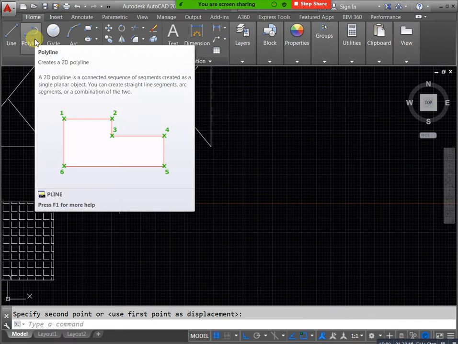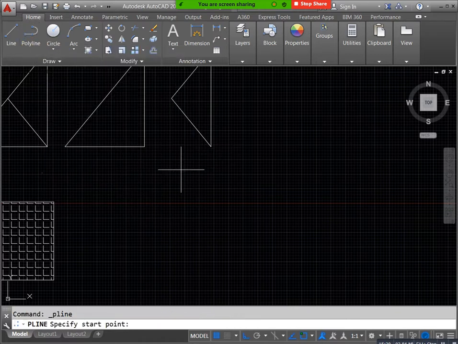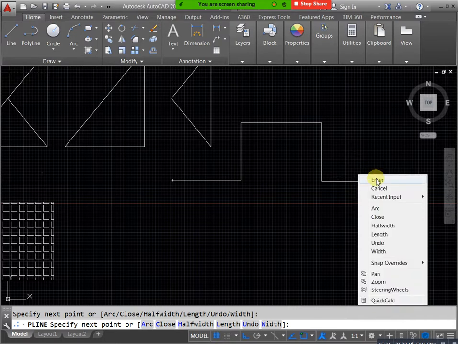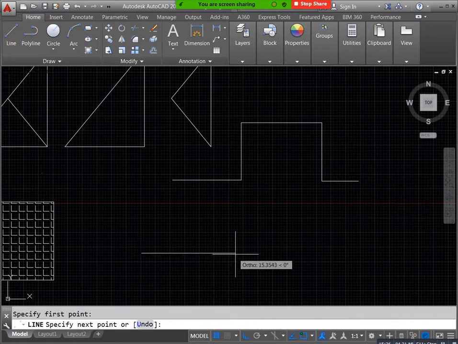But when you select your polyline, it automatically selects all connections, everything. Just draw one polyline. Next take line and draw the same as the polyline type. But when you select this line, only one entity is selected. But when you select this point, the entire polyline is selected. That is the main difference. That's why we consider line a single entity and polyline a continuous entity.